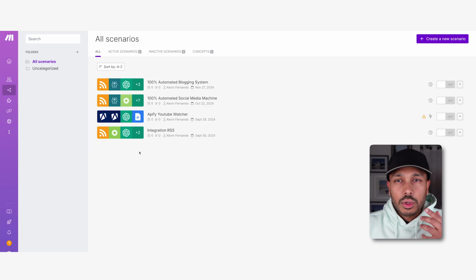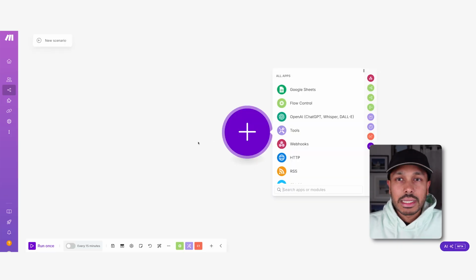Let me show you how we do that. So once you log in, you'll be in the Make dashboard, and then you just need to hit Create New Scenario. Now, I'm going to walk you through how to build this step by step, but if you want it